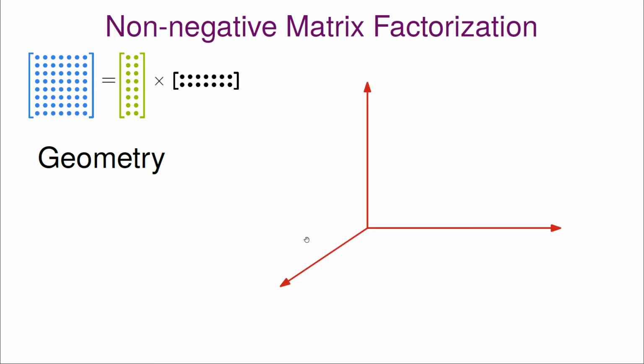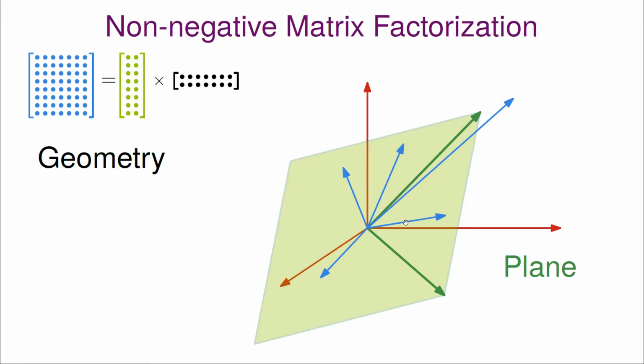Because we can only imagine things in 3 dimensions, I will just depict things in 3 dimensions. So the columns of the blue matrix, these are just vectors in some high dimensional space. Here, again, displayed in 3 dimensions. And then maybe I can find a plane that contains all of those blue vectors, right? Maybe they're all contained in this plane here. Then if I find 2 vectors which span that plane, then they can define me these 2 columns of the